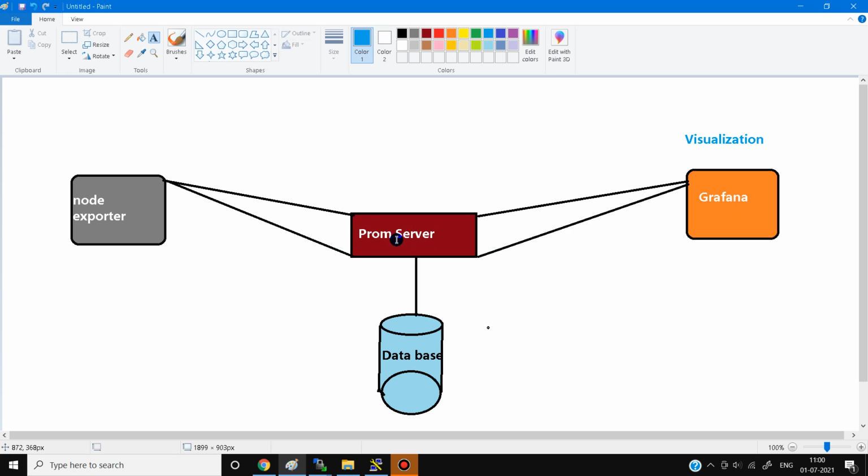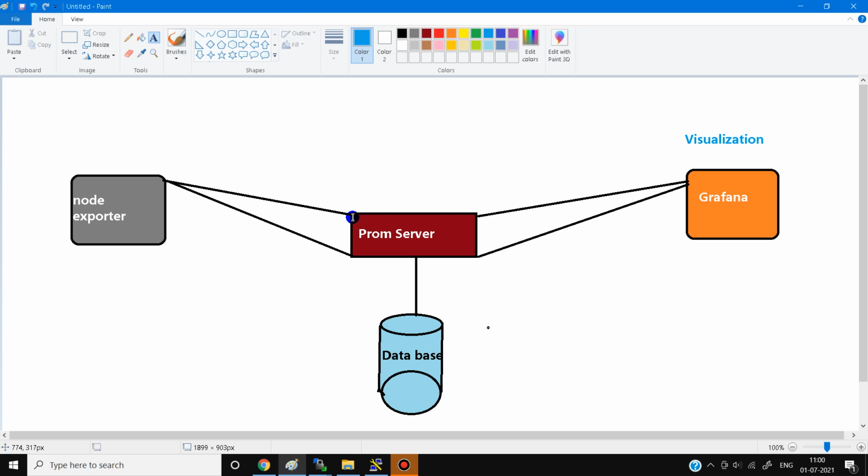This diagram shows you that the Prometheus server is connected with your Node Exporter. The Prometheus server collects the metrics information every 15 seconds. It depends upon you in how many minutes or seconds you want to collect metrics of your Node Exporter.